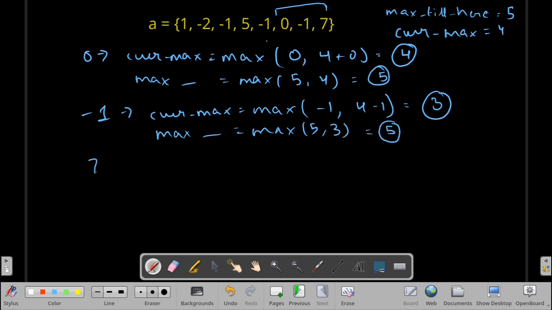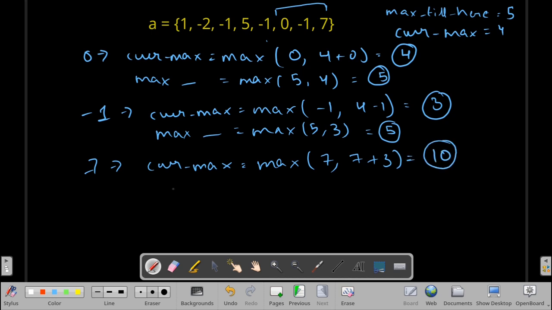Now we have 7. So for 7 we have current maximum is equal to maximum of either 7 or 7 plus 3. So 7 plus 3 is here 10, so we will update this by 10, and maximum will be equal to maximum of max till here.